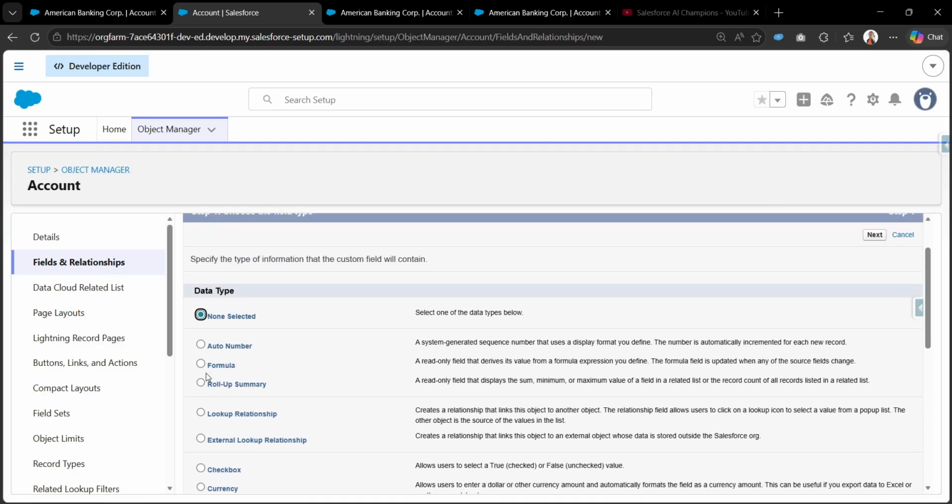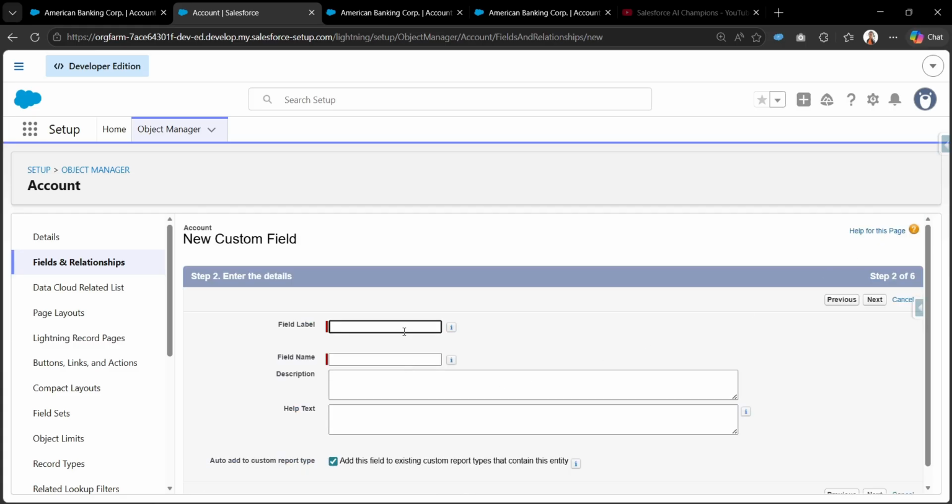So I'll select this roll-up summary data type again, and I'll click on next, and I want to count related opportunities. So let me provide the field label as count related ops,